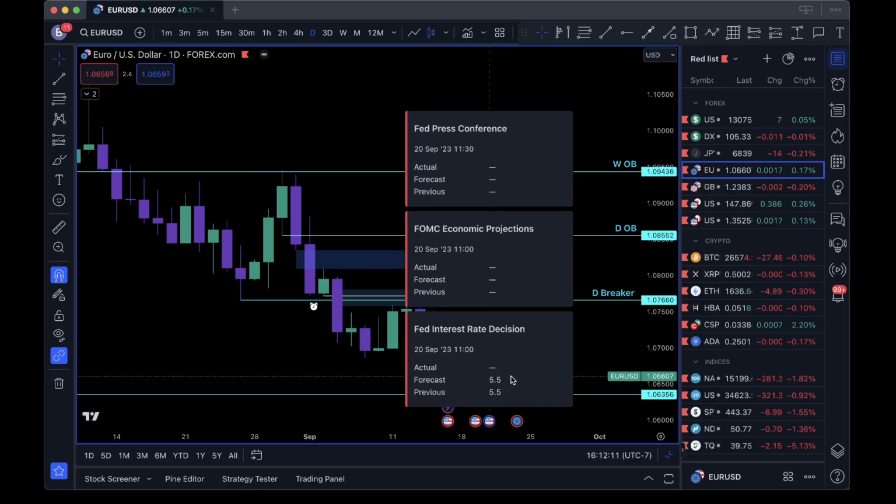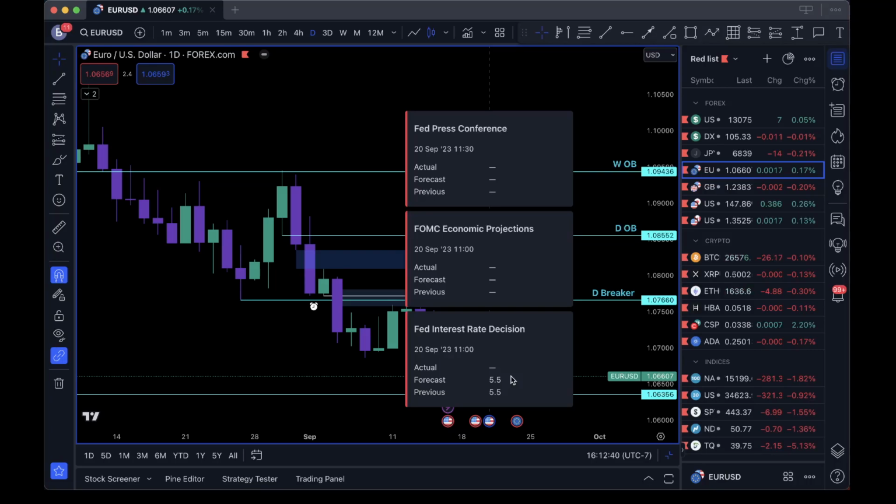I think the market is anticipating it staying the same, right? I think there's still demand in the market, probably more than they want. Jobs are definitely taking a hit, so it's a little mixed, but I don't think the expectation is that they're going to raise rates. But I also don't think they're going to lower rates anytime soon. So it seems like the sentiment is we're going to maintain 5.5. So we'll have to see what happens. That's on the 20th, which is, what's today, the 16th. So the 20th is, let me check my calendar real quick, that Wednesday?